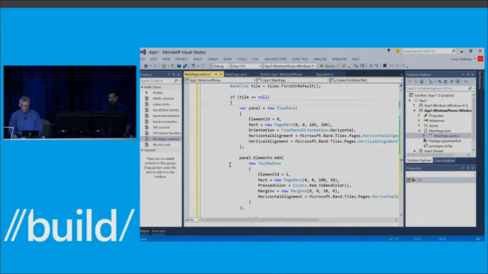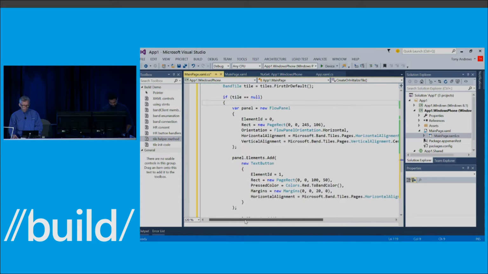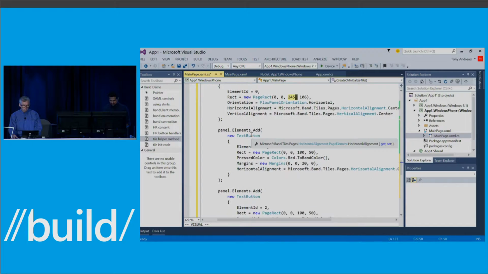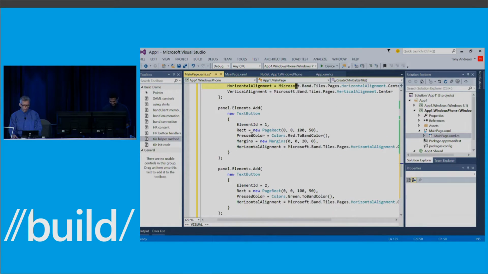So the first thing we're going to do is make a flow panel that we can put those buttons inside. Okay, so we're constructing that. We give it an element ID 0. We're setting the rectangle to use the full usable area on the tile. Our orientation is horizontal, and we want to center that. Okay, so now we can go start to put some elements within that flow panel.